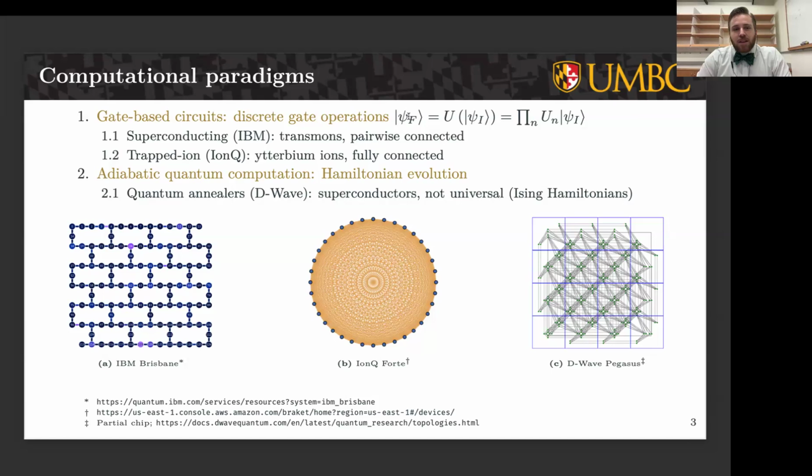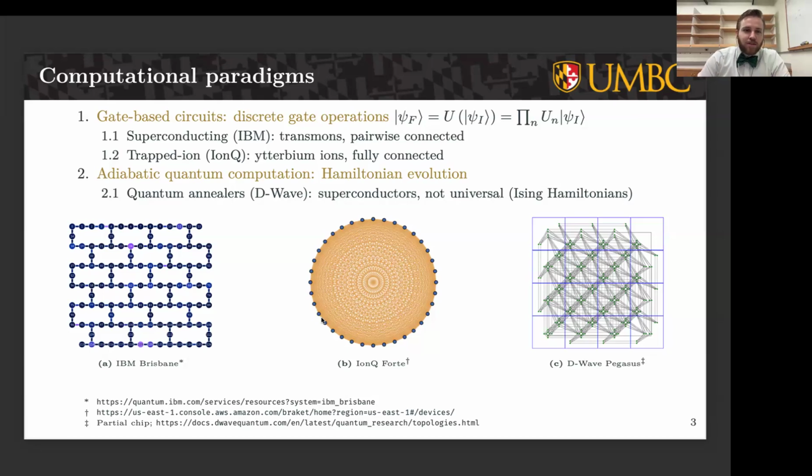So some companies in the industry include IBM and IonQ and others. There's a lot more big names and startups, the whole board. So IBM does superconducting hardware. They use transmons in pairwise connected layouts. You see a schematic for an accessible IBM device. This is on the cloud. The other approach is the trapped ion approach, championed by IonQ. They use ytterbium atoms in a fully connected chain of ions. Here's a schematic for one of their computers. So these are fully connected, but they are more limited in scale. And then there are other